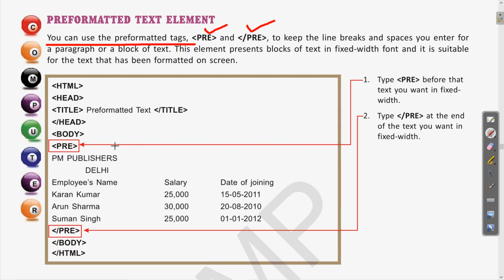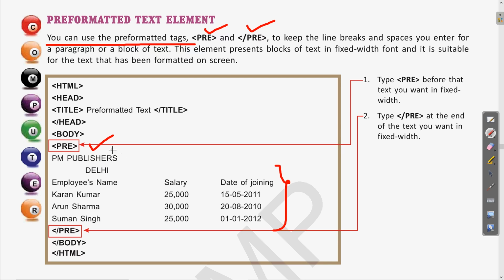So there is another approach, which is named the pre-formatted text element. This pre tag is used when we are writing some text with some space and in multiple lines. For this example you can see here this is in a tabular form. If such text is what you are writing and the same is the appearance you want to see on the web page, this can be done using the tag with the name pre. Clear? So this is the pre-formatted tag.